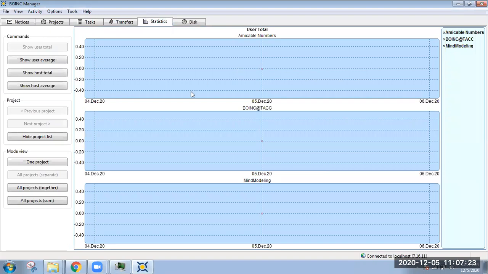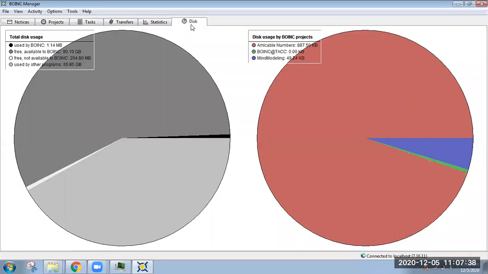Okay, this is the data. It will come once your work starts executing. Okay, or once you have set a considerable amount of resources. These statistics will be updated, right? Okay, so this is about the BOINC platform. We try to